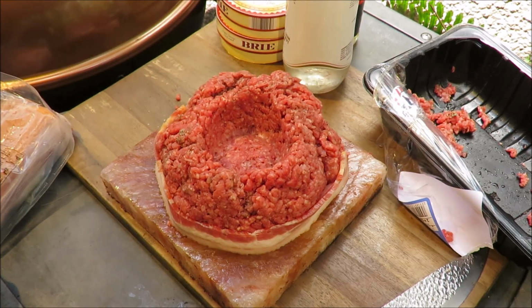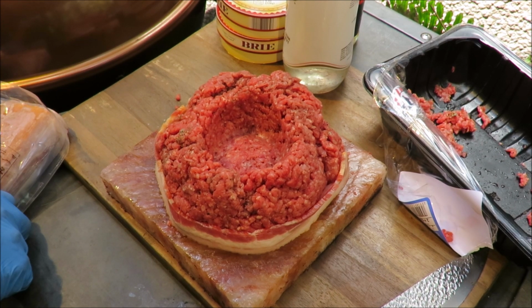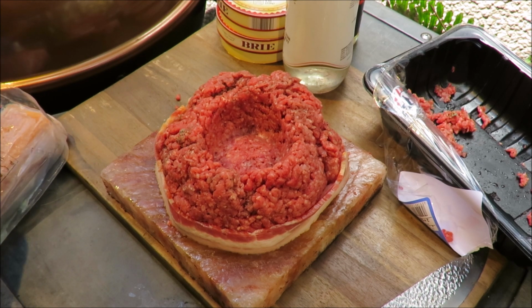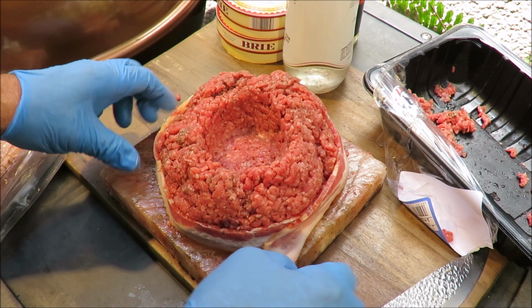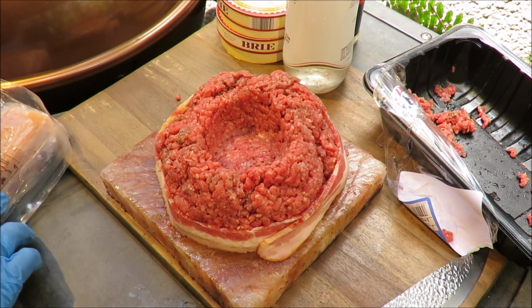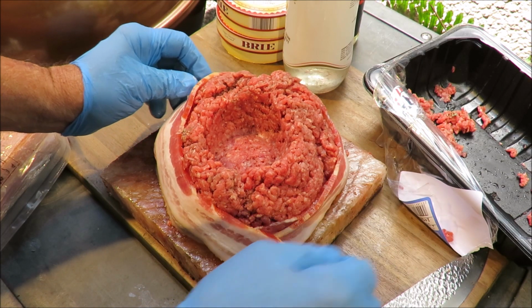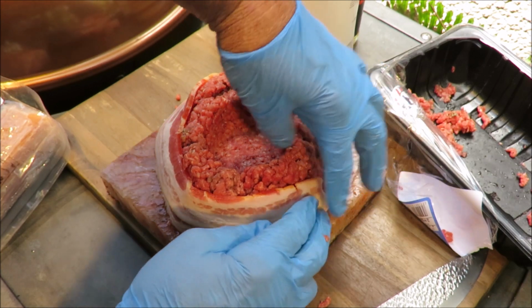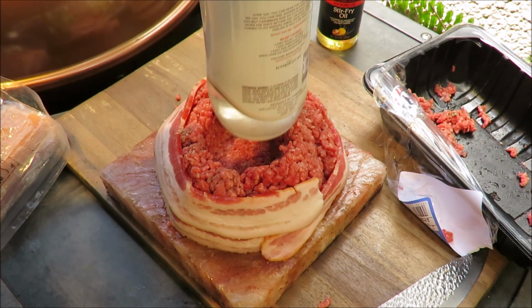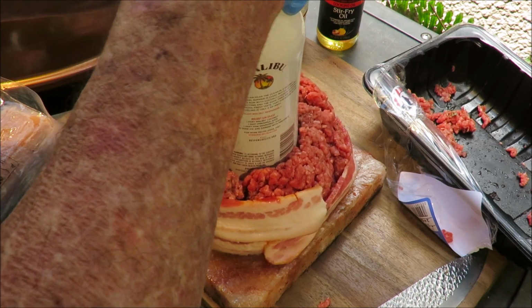That's one piece. Let's get another piece. Oh yeah, nothing like thick cut American pork belly bacon. So let's get that over there. On there. I actually think I need to make a bigger depression with that bottle, to be honest with you. We get that bacon wrapped up on there. Take that bottle, I want to push that down some more because I want to make